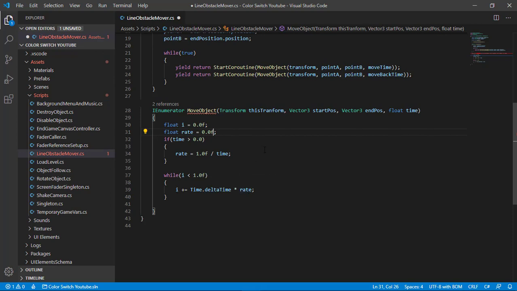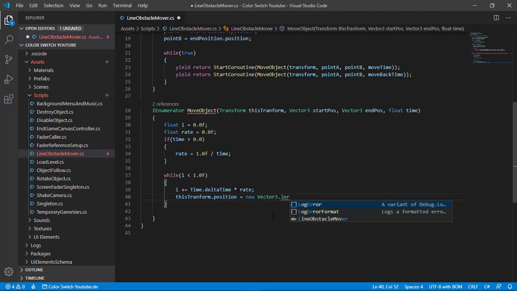Okay. So now what I need to do is this. Now this transform dot position. Now we need to move the object exactly. This is the main code that will do the thing. Okay, so new vector 3 dot